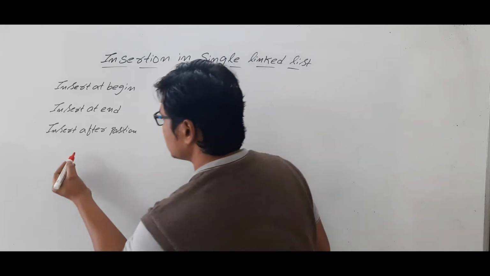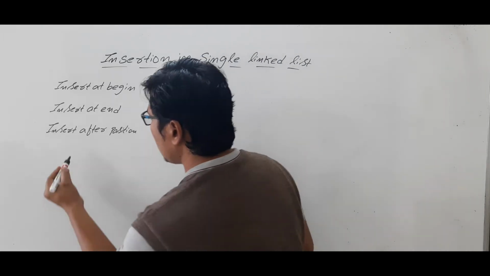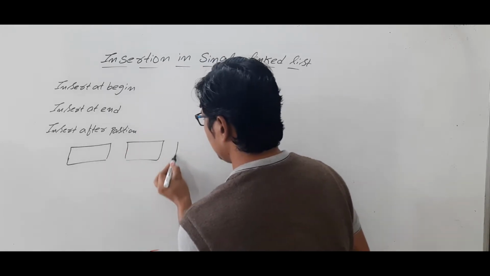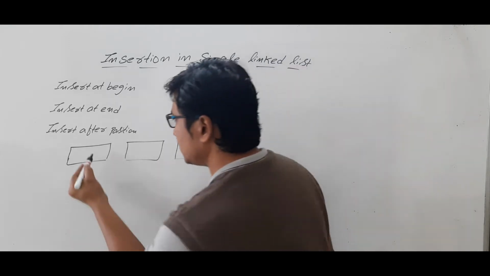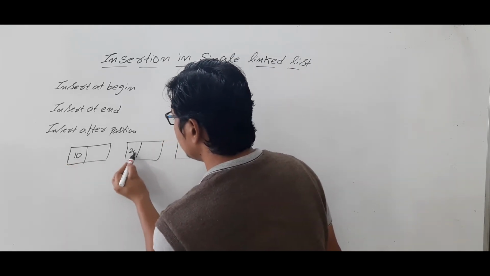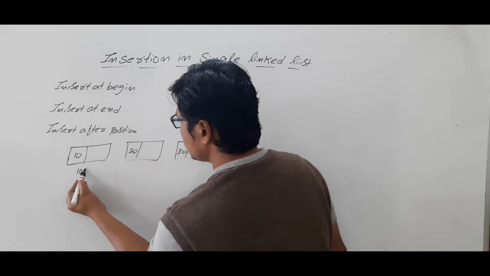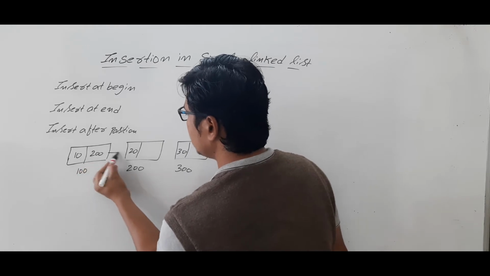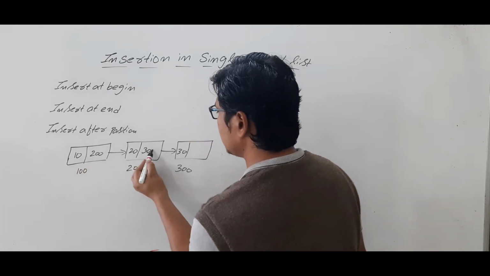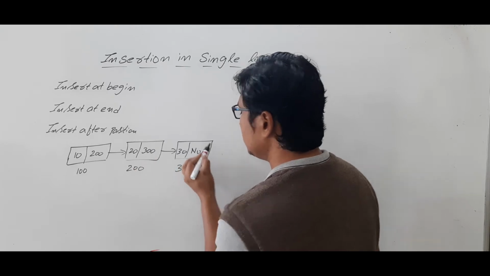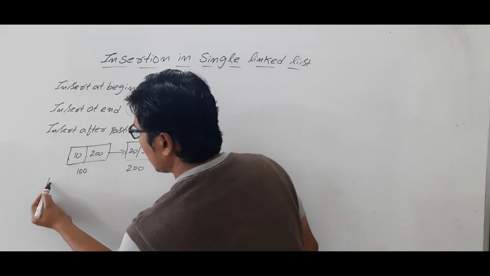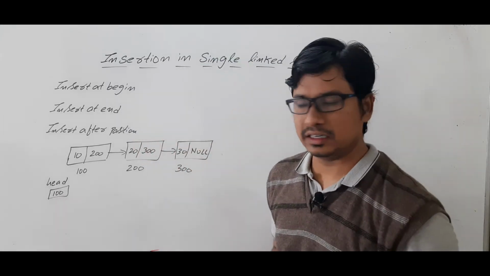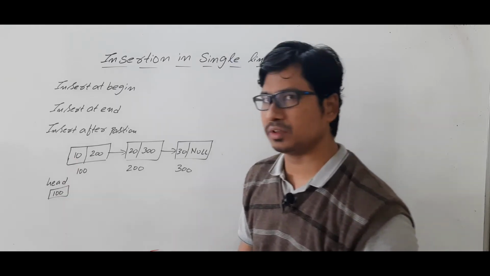Let me give a simple example. Let's assume that we have three nodes in a linked list. And you know that each node will have the data and the address of the next node. Let's assume that the node addresses are 100, 200, 300. So you will have here 200 which will be pointing here, and you will have 300 which is pointing here, and null in the last node. And always we will have a head pointer which is pointing to the first node in the linked list. Is it clear? So that's why it will have the address of the first node.